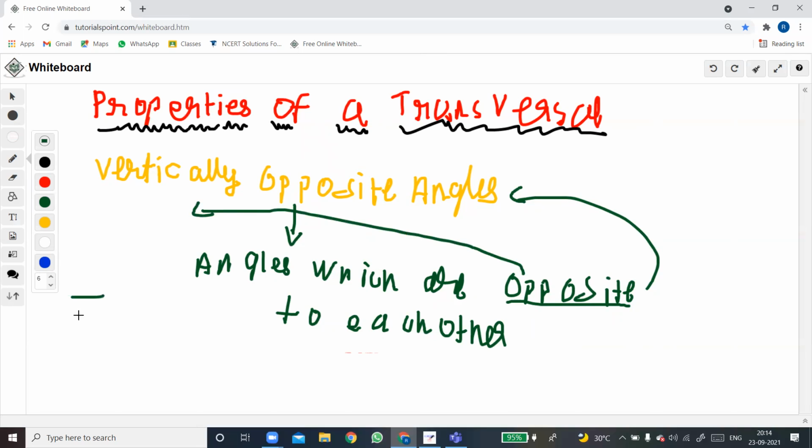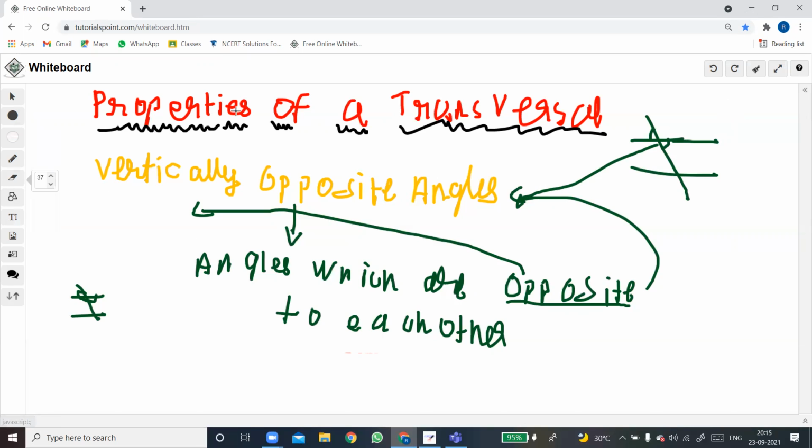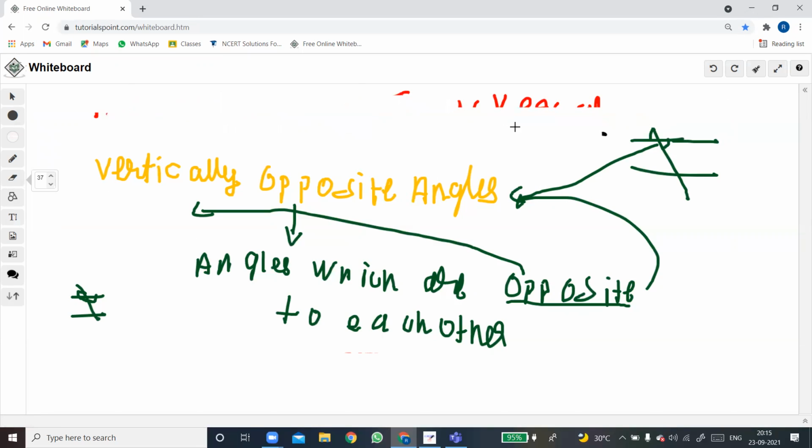If we have a line over here and it will be opposite vertically like this, I'll draw it a little bigger. So we have 2 lines like this, right? This angle and this angle are called vertically opposite angles. So we are going to plot what are all the vertically opposite angles over here.